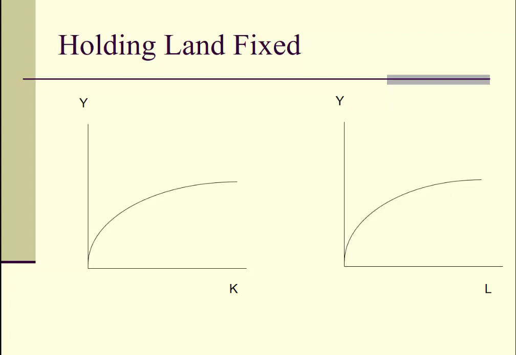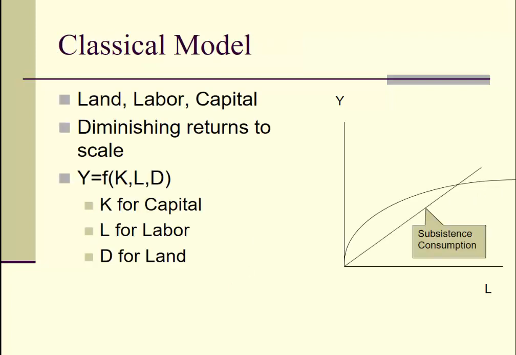capital or labor. So the classical model says that the inputs are land, labor, and capital, and notes that there are diminishing returns to scale. So the idea here in the middle of the slide is that the production function f says that the amount of corn comes from a function combining capital, labor, and land. Land is going to be capital D, and it's a function with diminishing returns to scale. And I've drawn it here on the right-hand side of the slide, and look, it's just as before, diminishing returns